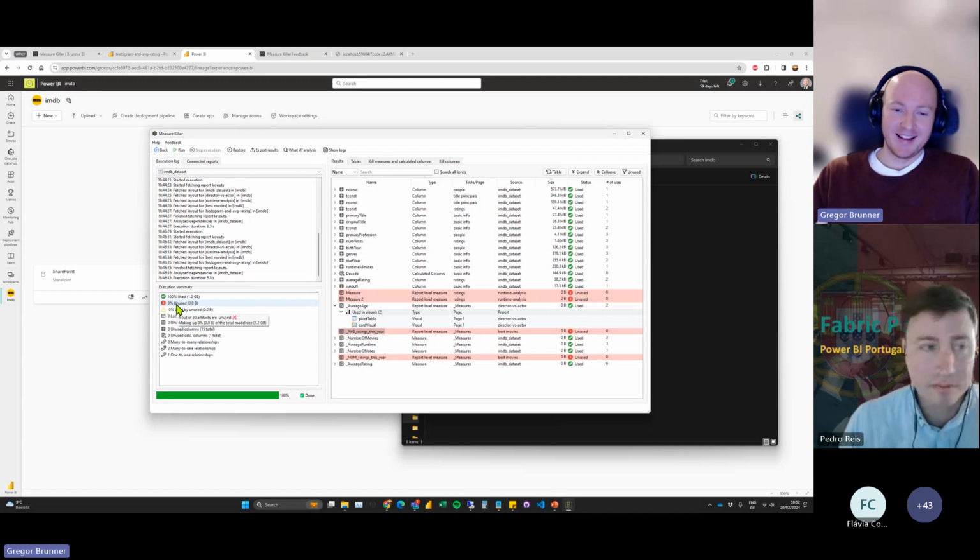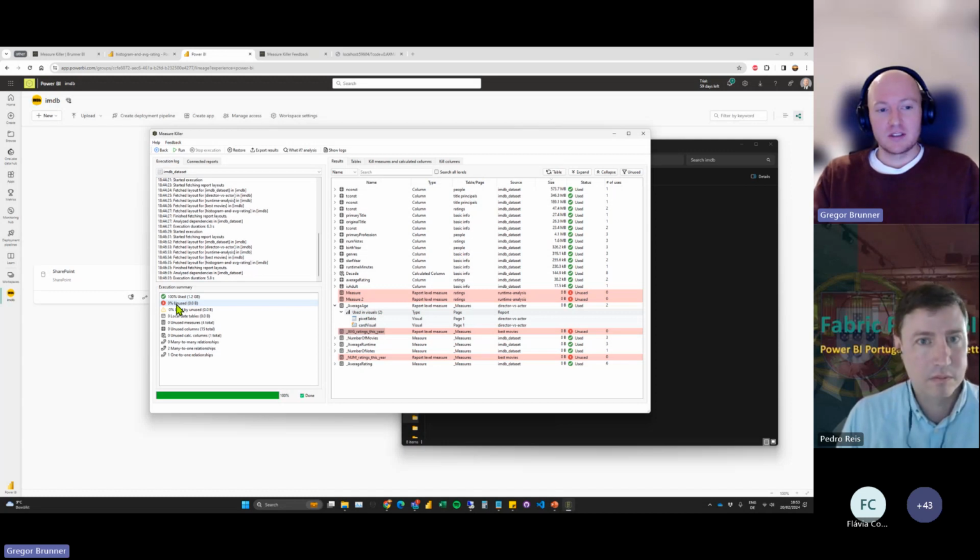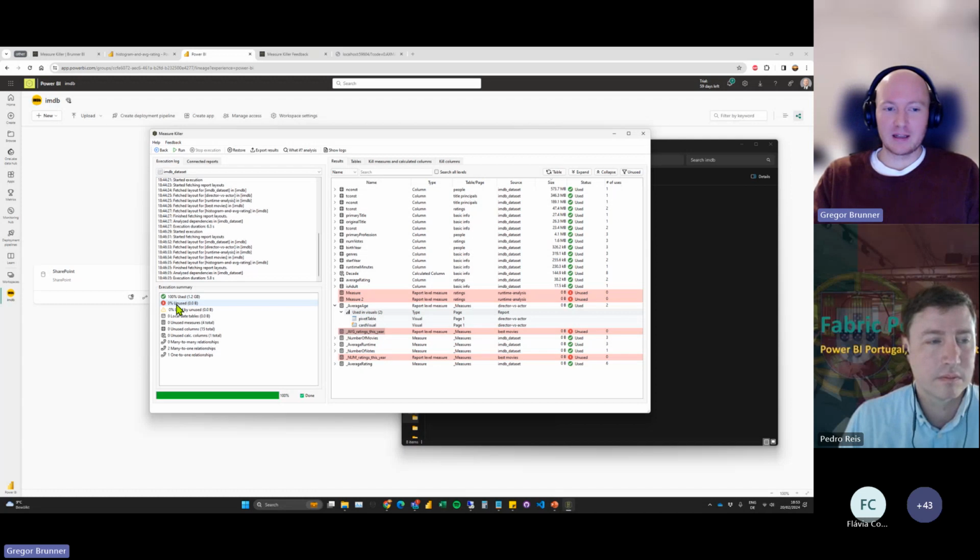You say, hey, I mean, what I showed was actually a good example. 50% is good. I have seen 80, 90% unused. We've had one client, they had a dataset with 19 gigabytes and they cut it down to 4 gigabytes because it just grew. You know, those datasets, they grow every day through incremental refresh, or well, not incremental refresh, but if you do a full load every day, data gets more and more. People will add new tables, add complexity. Everything is growing, but let's bring it down a little bit and cut stuff out, right? And that's what you can do here.